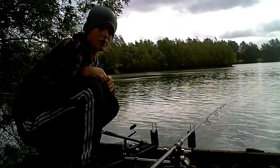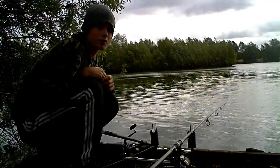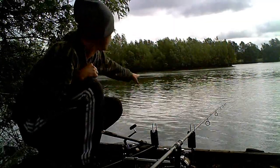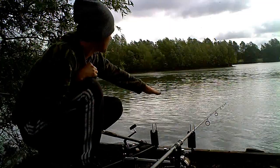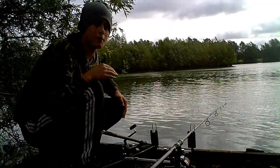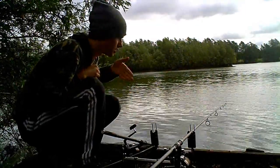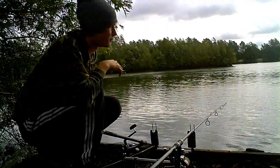And I've upped the size of lead as well. I'm now 3.5 ounce. So yeah, hopefully might be able to pick one off that gravel bar. I think basically what happens is it shelves down to about 9 foot in front of us, about 2 rod lengths out, shelves back up to a small bar where the weed is, it's probably only about 5 or 6 foot, shelves back down and back up again, and the main gravel bar